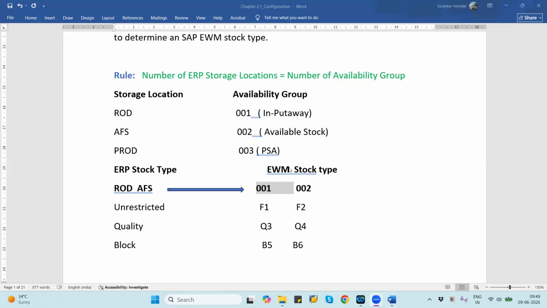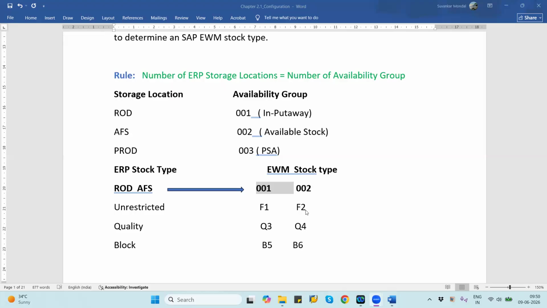How will EWM know? Because we have merged the storage location and created a warehouse number in the EWM system. So it will understand based on the stock type. If it is F1, when you do the goods receipt and the stock is in GRGN, if you see the quant details, then you'll find the stock type as F1, which means the stock is in ROD. And when you do the final putaway of the stock into the bin, then automatically the stock type will get